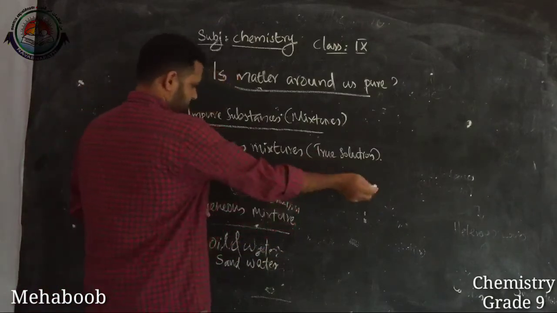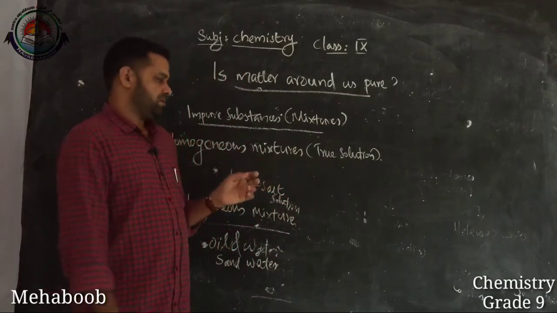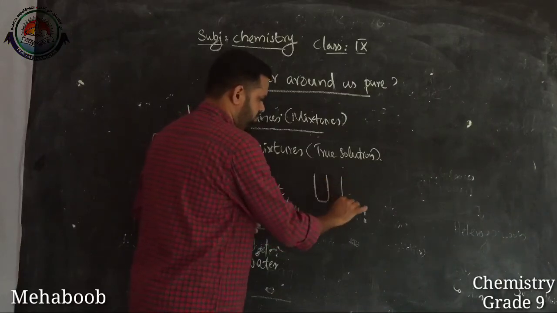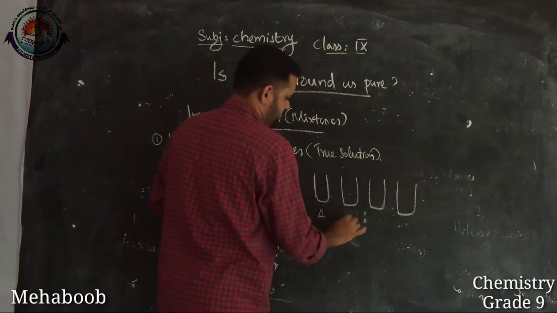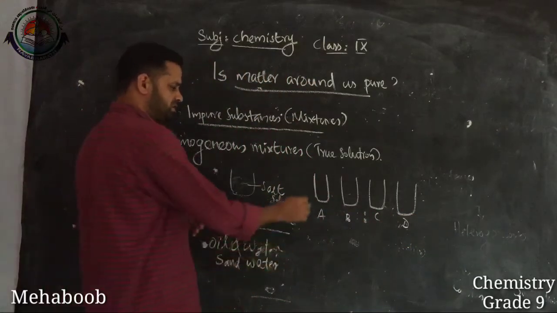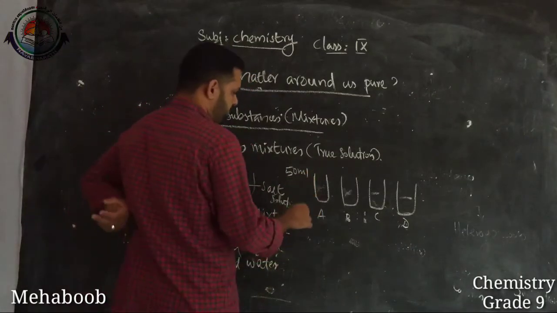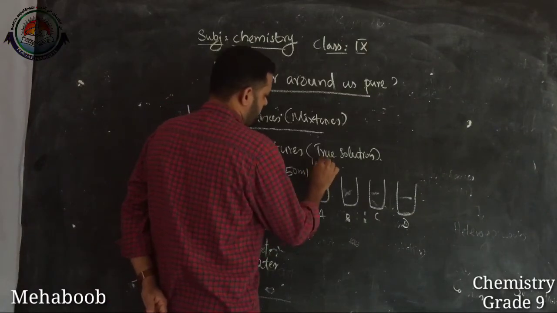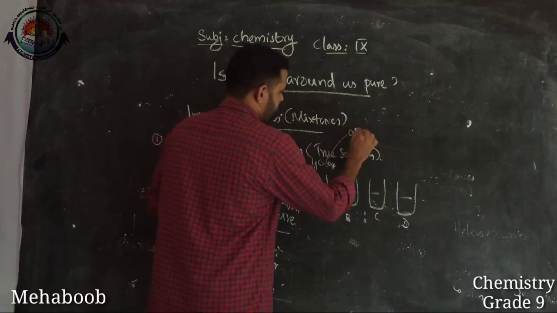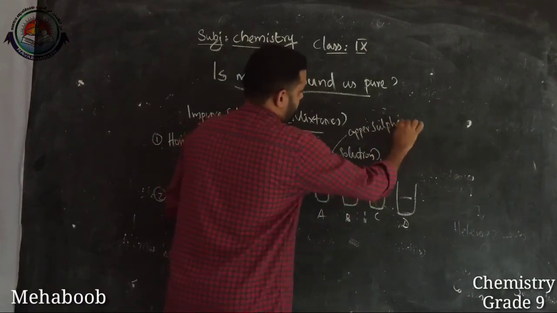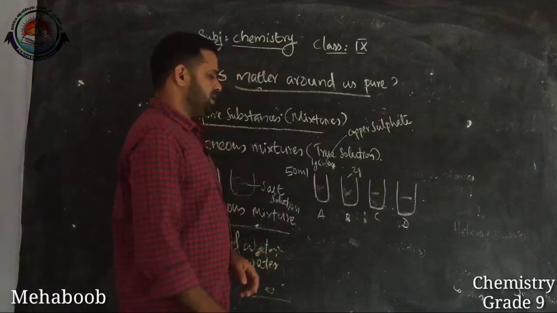And we can do one example. For example, we can take 4 test tubes, A, B, C, D. In all these test tubes, you are taking 50 ml of water. Take an equal amount of water in all the test tubes, and in test tube A, you are adding 1 gram of copper sulfate. Copper sulfate, CuSO4, means copper sulfate. You are adding 1 gram of copper sulfate in test tube A and 2 gram of copper sulfate in test tube B, and in test tube C,